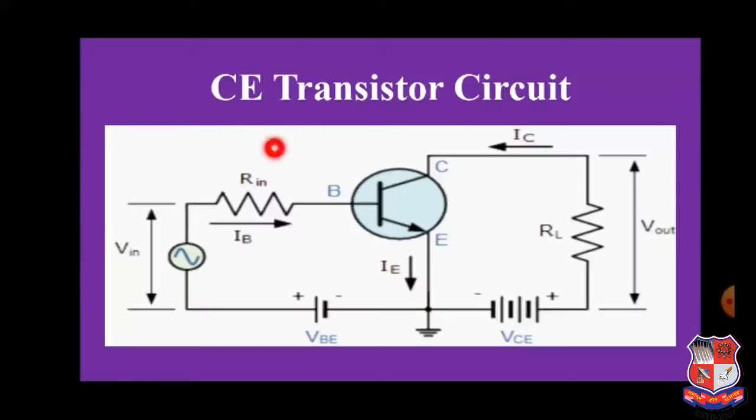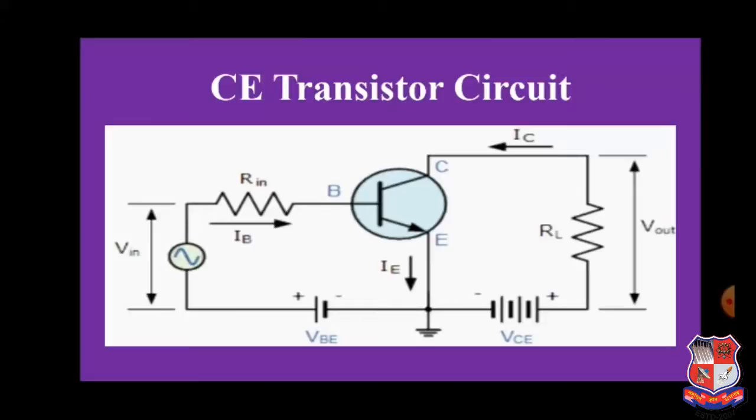So this is the common emitter transistor circuit, where you can see from this figure, the emitter is commonly grounded for input as well as output junction, and this is the case of your NPN transistor, because as you can see, the positive terminal is connected to the negative one in the reverse bias condition, and the plus terminal is connected to the negative, that means the collector junction.